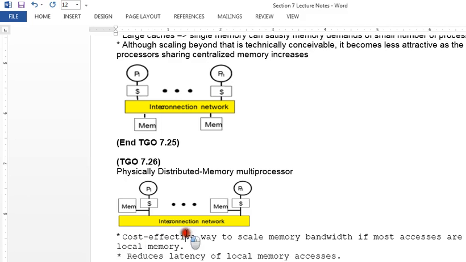So it's a cost-effective way of scaling memory bandwidth, as I was just talking about. If most accesses are to the local memory, it reduces latency of local memory accesses because we don't have to have each processor waiting for the interconnection network for every data memory update. And